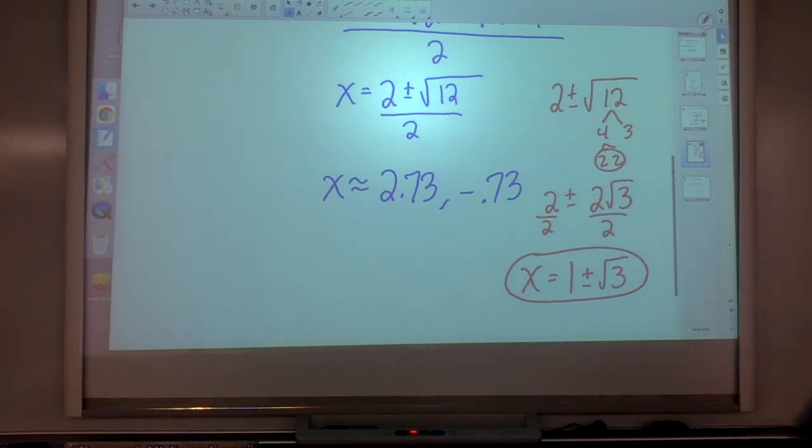All right, good luck with your quadratic formula. Start singing. X equals negative b plus